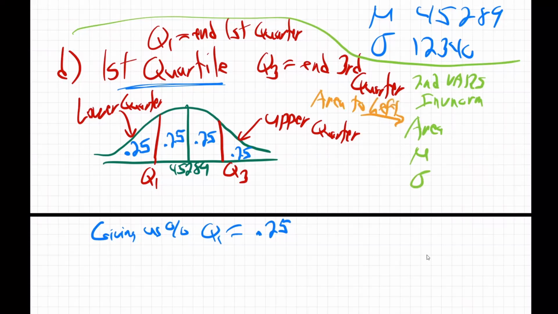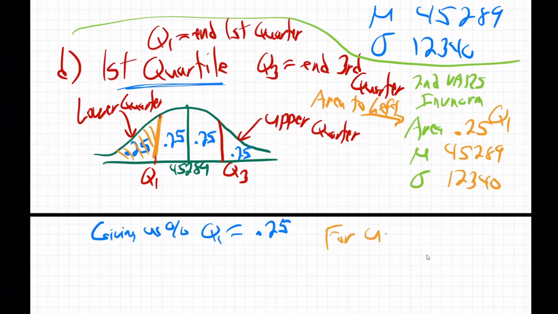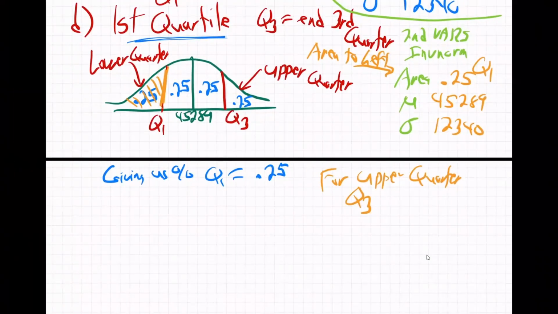So if you're trying to find Q1, then the area to the left of Q1 is 0.25. And then your mu is 45,289. Sigma is 12,340 for mine. Now, that'd be for Q1. This is for Q1 here, right? Area to the left is 0.25. But what if you were trying, let me mention, for upper quarter? What if they said, we want you to find the upper quarter? Well, that's the same as Q3. And so if you were trying to find Q3,